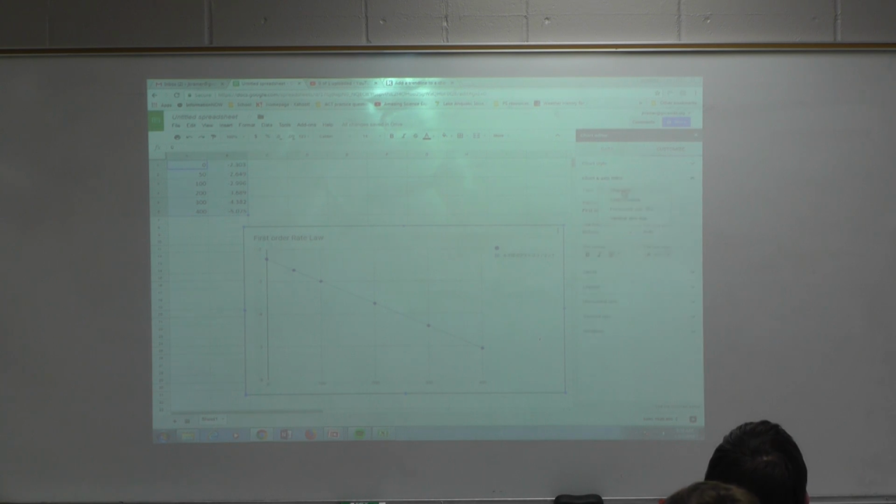So you have to click on type, go to horizontal axis, put in time, seconds. Vertical axis, ln of